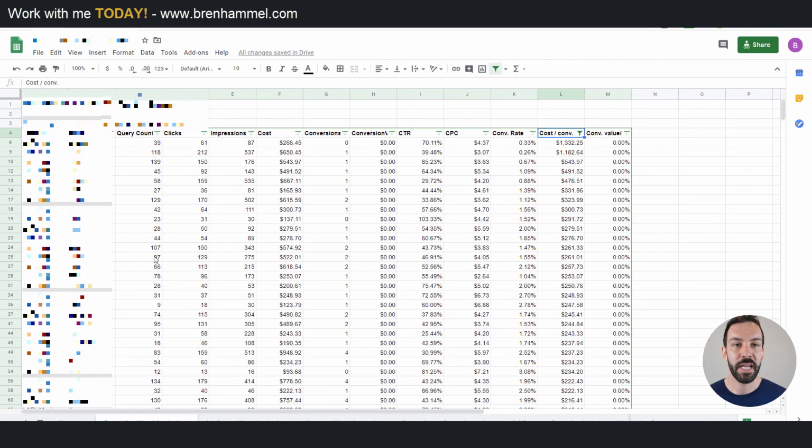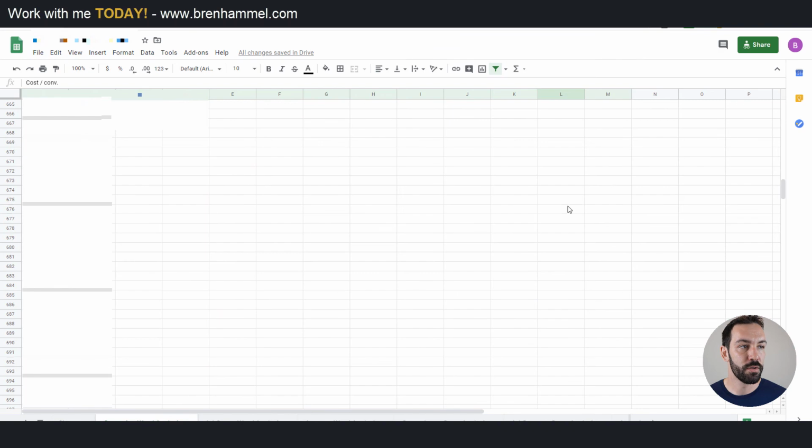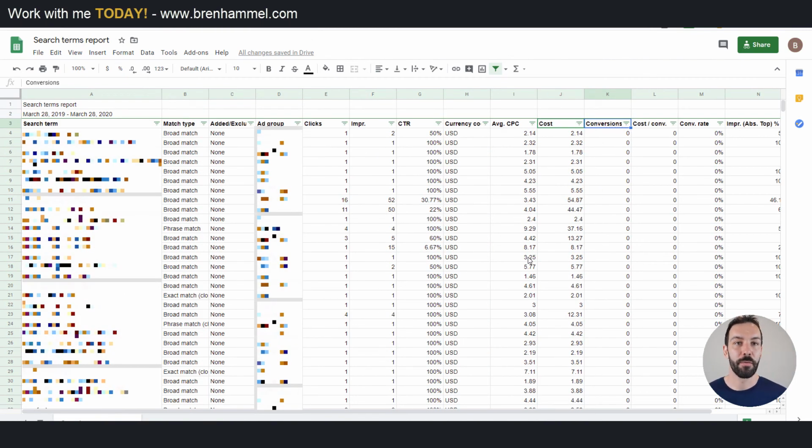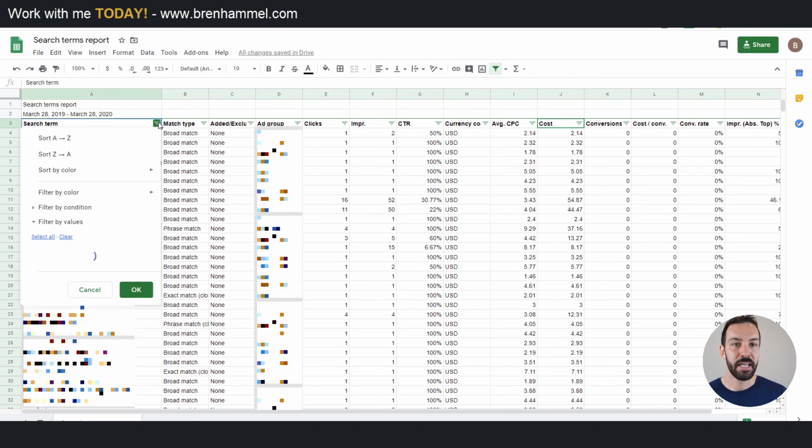So we could take one here, for instance, and just say, well, let's go down and we'll do this the opposite way. Let's just try and find one that's doing okay, that has quite a large number of search queries. So I've got a keyword phrase here that's blurred out, I'm afraid, but what I will do is come back to the first sheet that we created. So here we are back at our first initial search term report. What we want to do is click here. We want to filter by condition